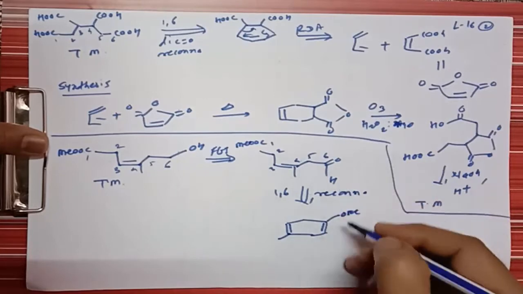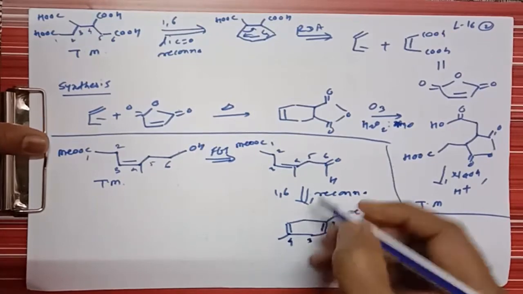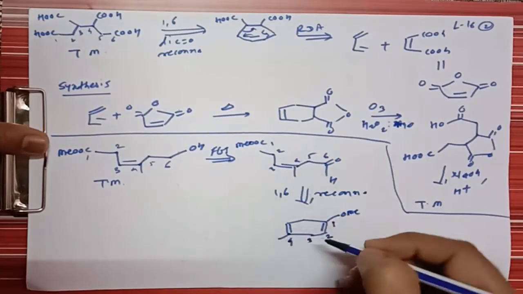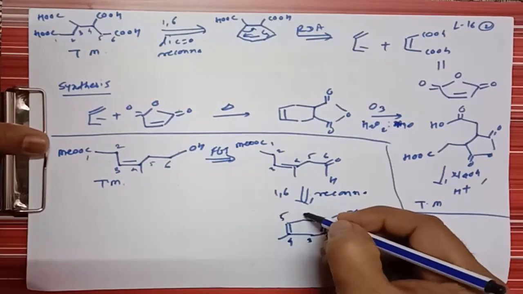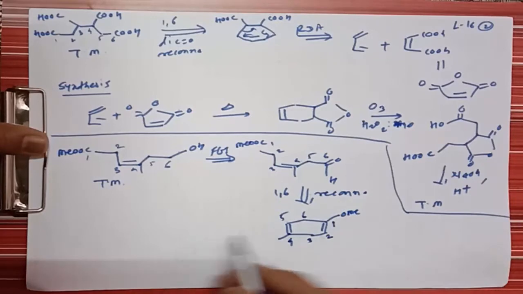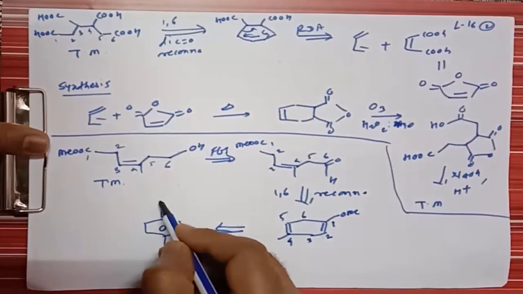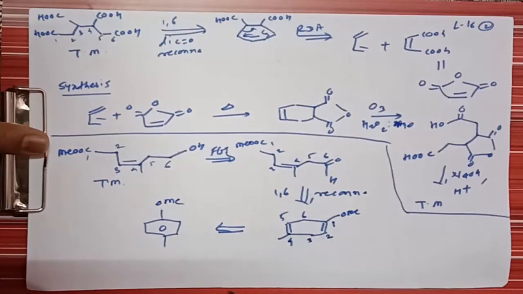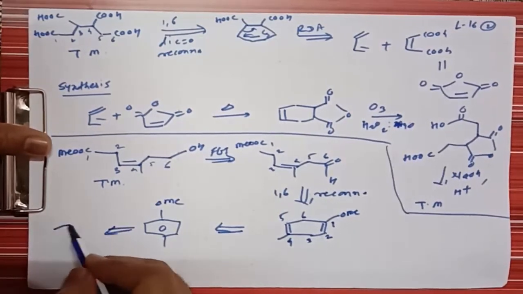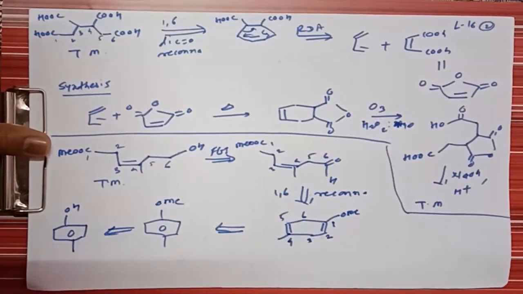Suppose if you see carbon, this is carbon number 1, this is carbon number 2, this is carbon number 3, and this is carbon number 4, which contains a methyl substitution, right? So this is 5 and this is 6, which contains an aldehyde functional group, right? So this molecule, you know that if you do Birch reduction at the benzene ring containing a molecule like this, then it gives formation of such type of diene, right? And this molecule can be prepared from paracresol. So here is OH, here is CH3, right?